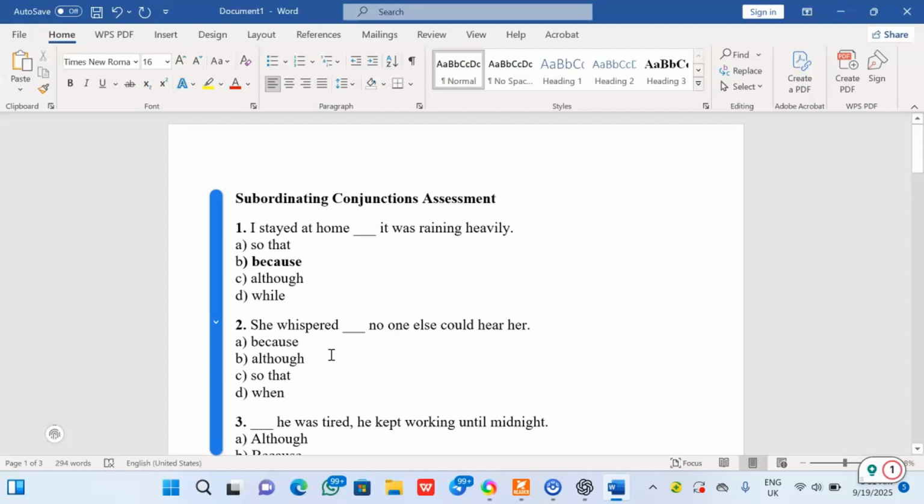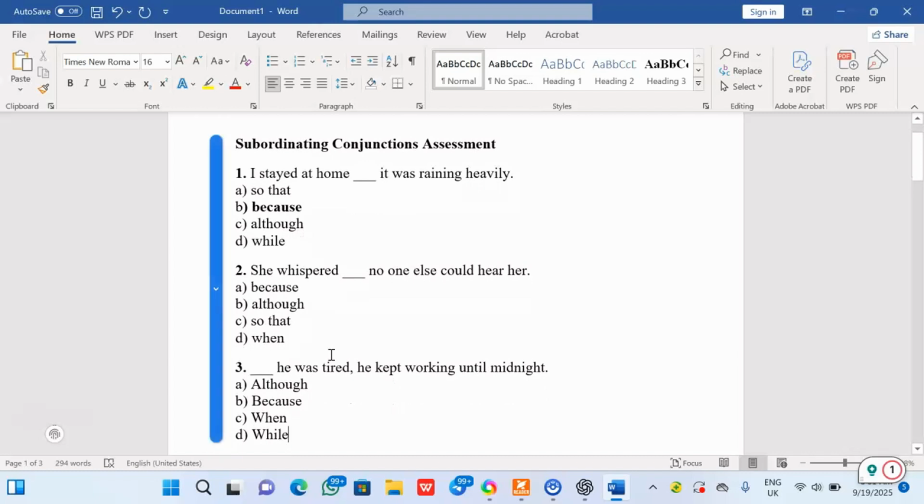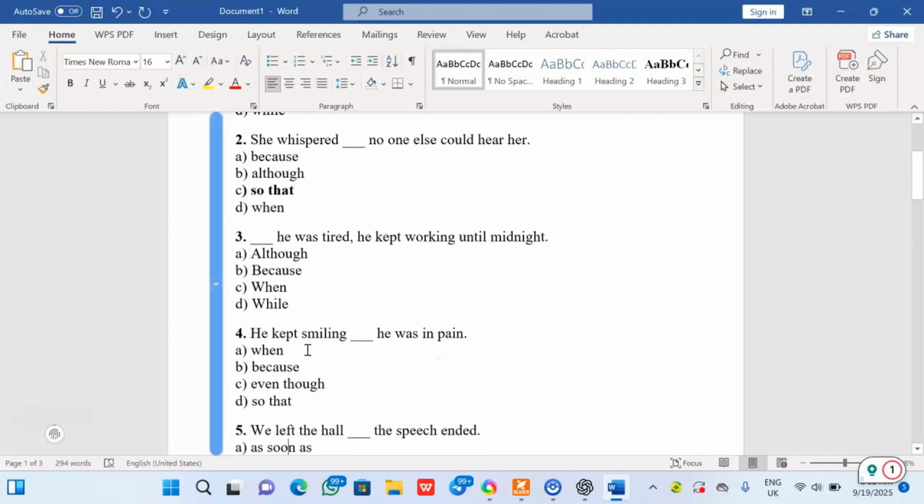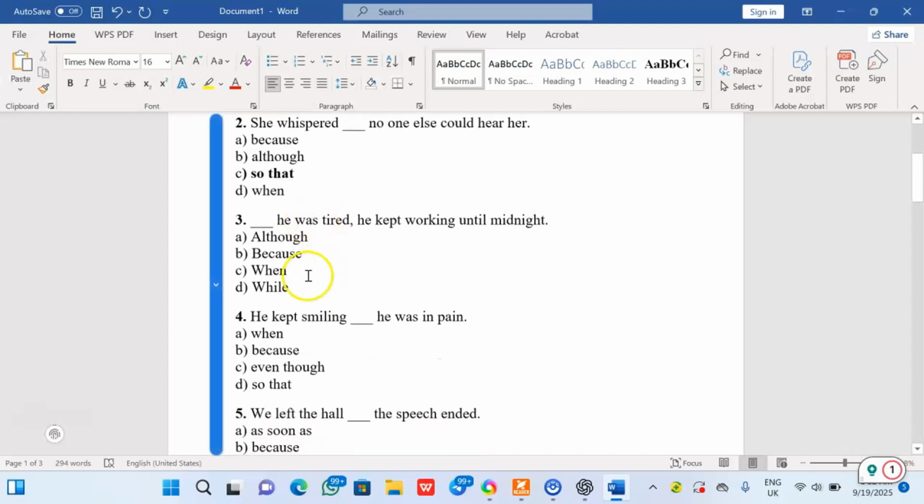She whispered, no one else could hear her. Is it she whispered because no one else could hear her? She whispered because, although, so that, when? The answer is what? So that, the intention, the purpose. So the answer is so that. There will be a separate video that tests questions on all the lessons that we've done. But let's quickly just do this. He was tired. He kept working until midnight. When he's talking about